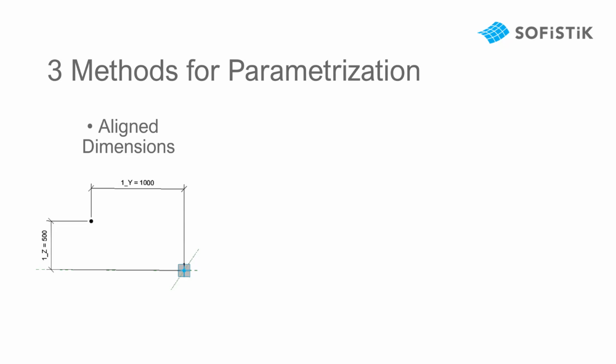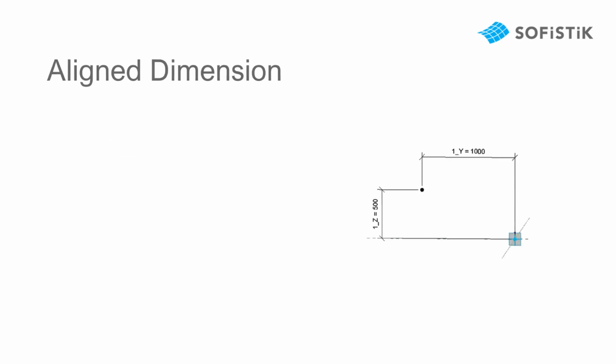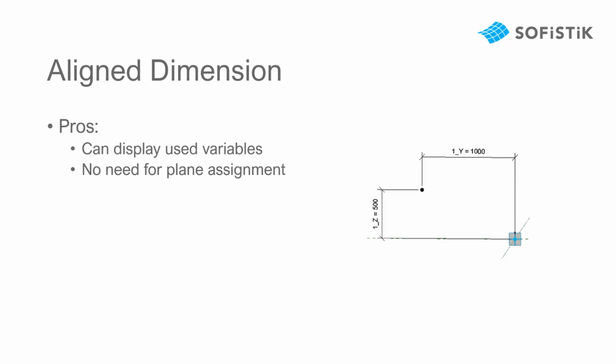Aligned dimensions can control reference points based on dimension lines that you place in the same plane as the point you created. I also created a list of pros and cons. In my opinion, the pros for aligned dimensions are that you can, for example, display the name of the parameter that is used to parametrize this reference point. The dimension lines can be created in the same plane as the reference point, so there is no need for